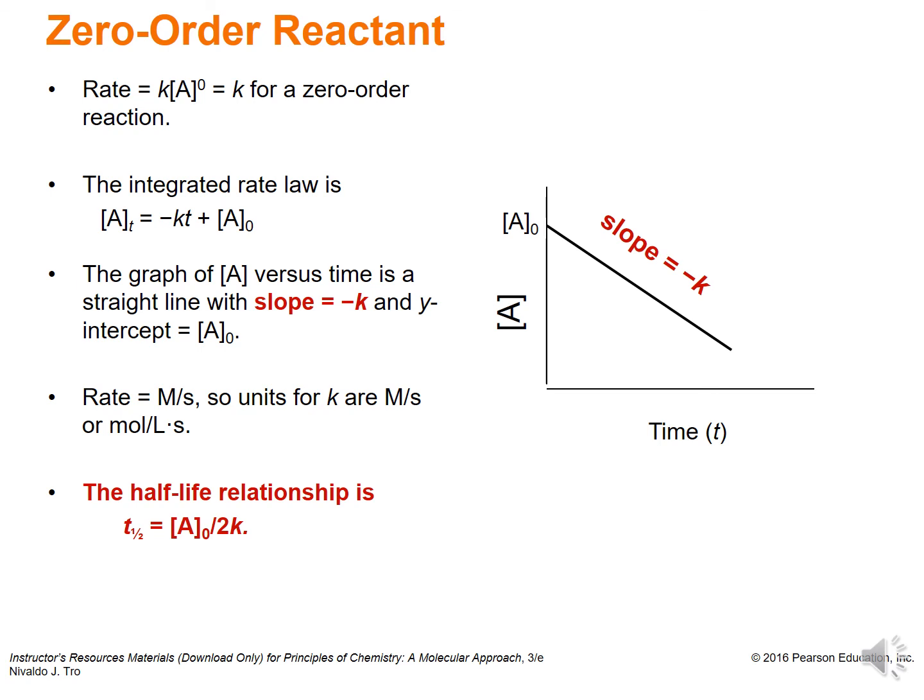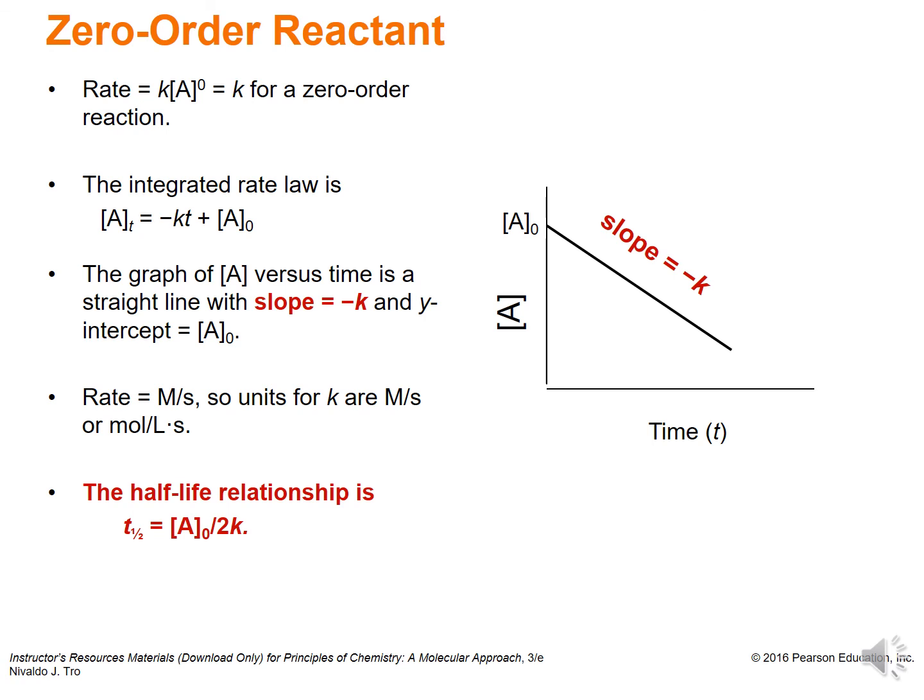The graph of [A] versus time is a straight line with slope minus k, and the y-intercept is [A]0, the concentration initially. Rate is going to equal molar per second, and so therefore the units of k are also molar per second, right, because rate equals k in this example. And the half-life relationship, a topic that we're going to get to next time, is t1/2 equals the initial concentration of A divided by 2 times